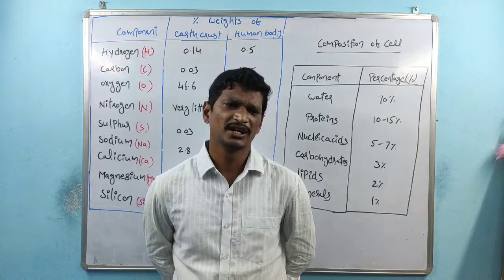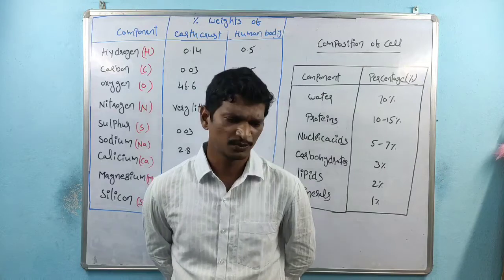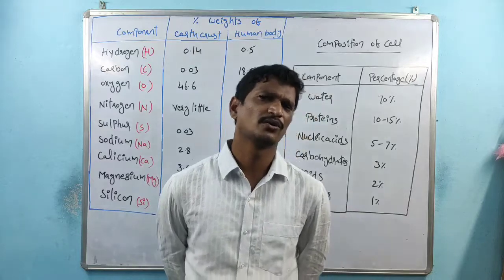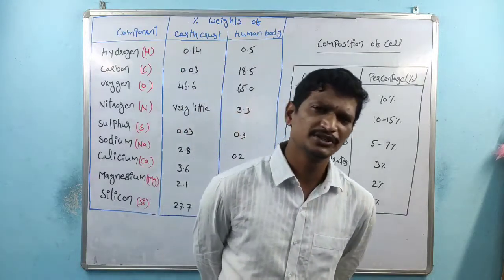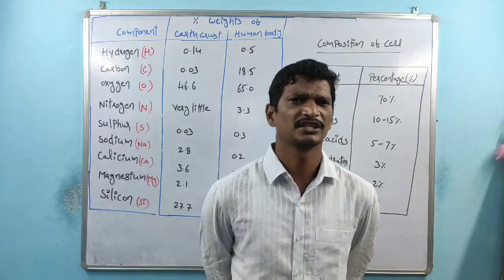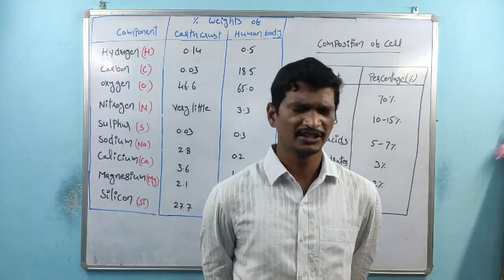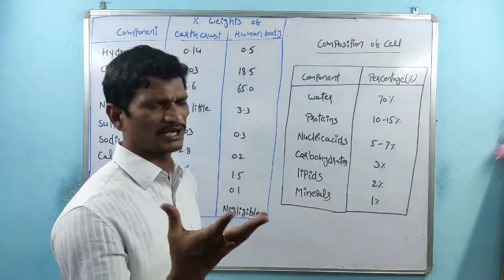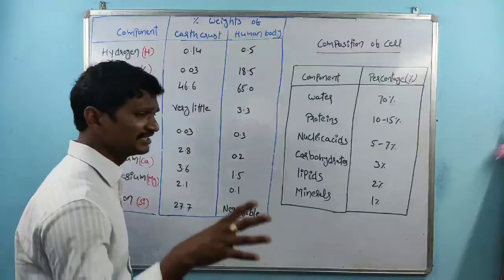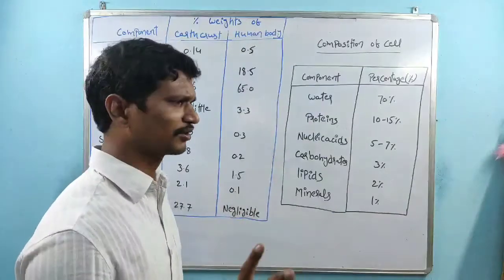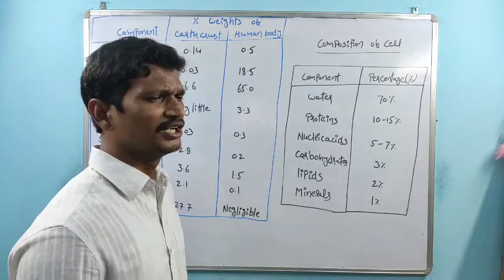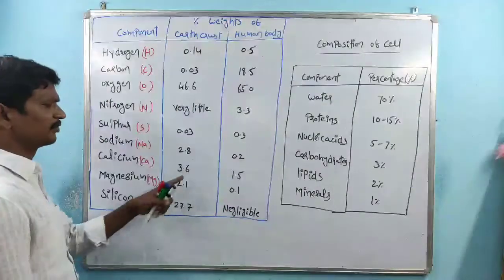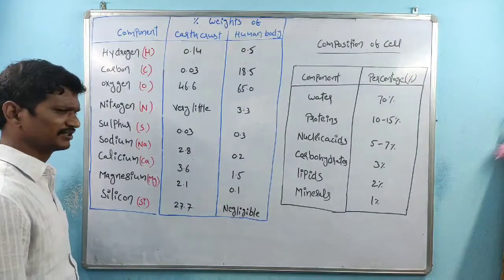We have to remember the osmolarity of the cell is maintained by some minerals. For example, sodium and chloride are the best elements to maintain the osmolarity of the cell. We know about kidney filtration, right? So that is a different case. Not only these, potassium is also required. And here the calcium is 3.6% and 1.5%.